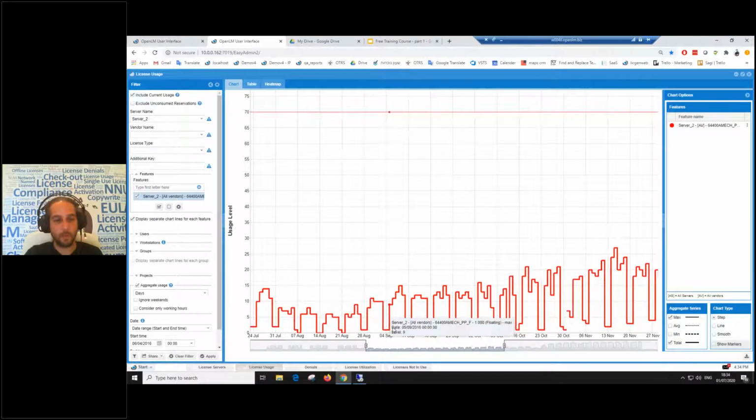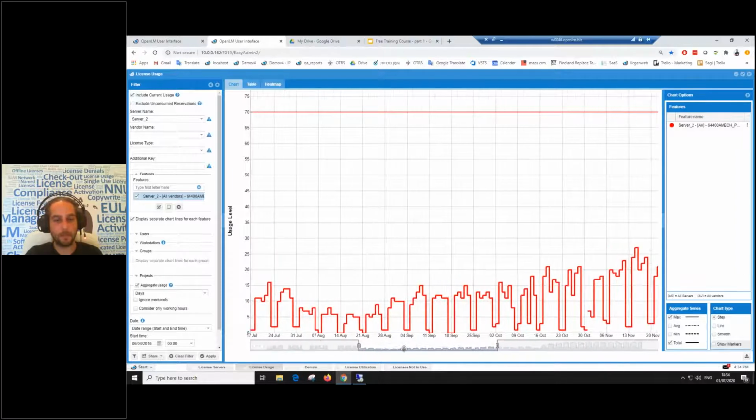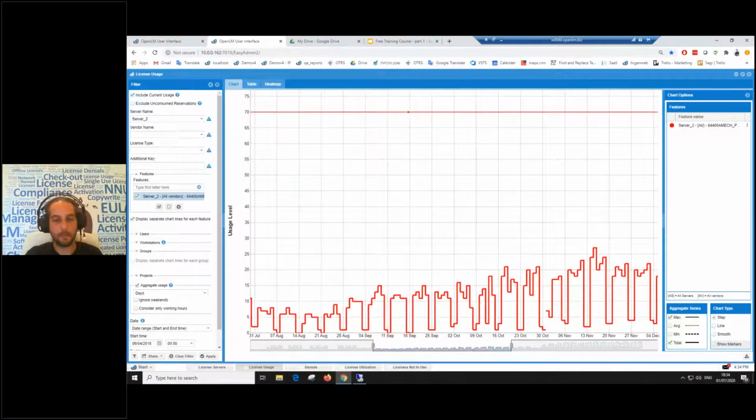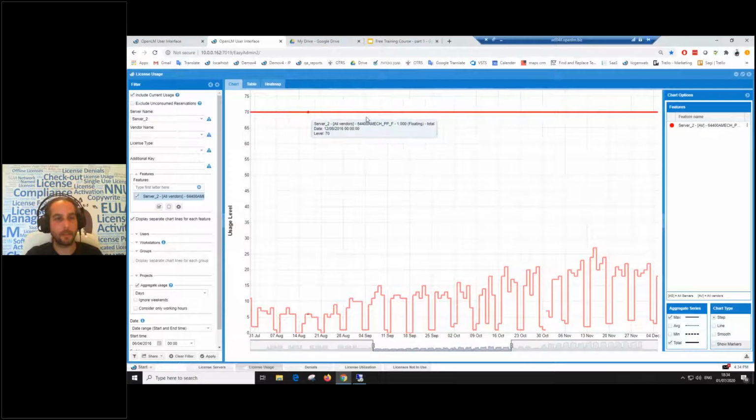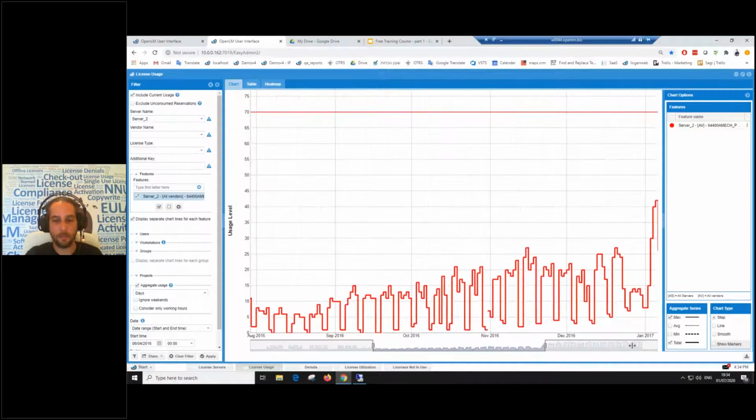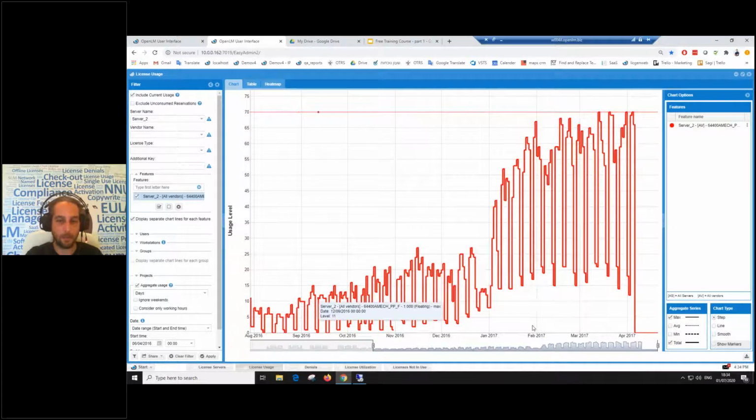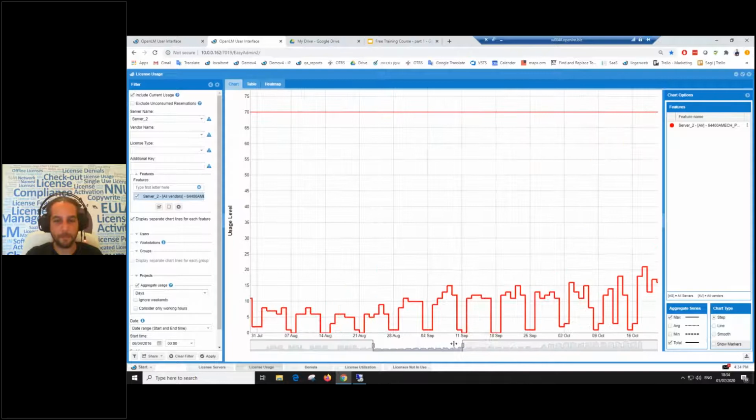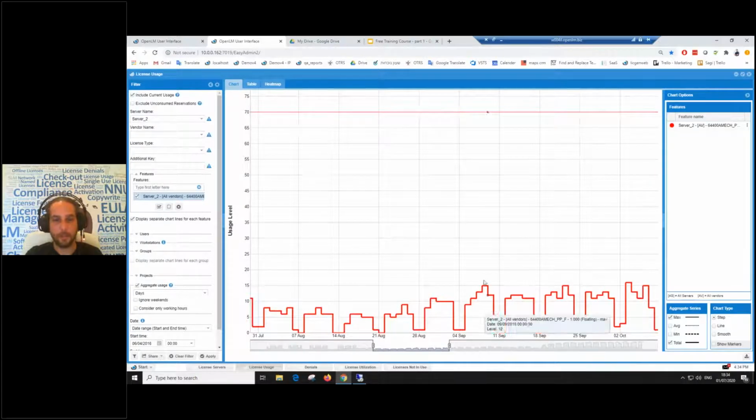So what are we seeing here? First of all, we got the license quantity. So I have 70 licenses from this feature. Now I'm just taking this point in time as an example. So I have 70 licenses, but if I open up my OpenLM system, run a query on this feature, and